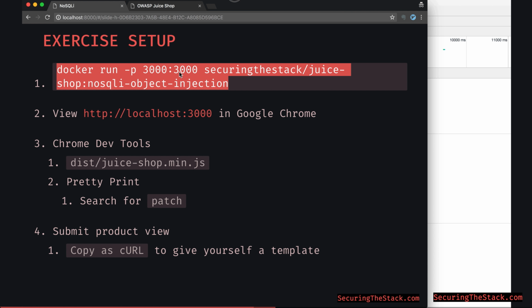the source code and whatnot, insert that and alter that curl command for the items that we found, and then we can execute that curl command and update all the product reviews on the website. So, as I said, if you can, before you go through those steps, let's just